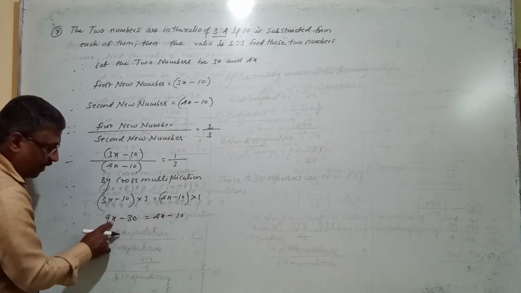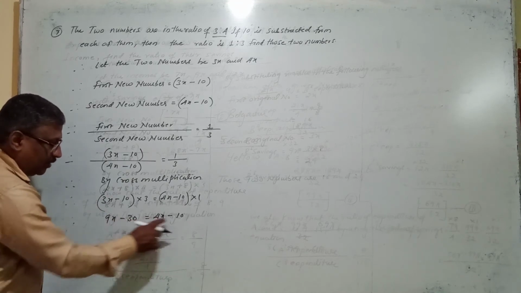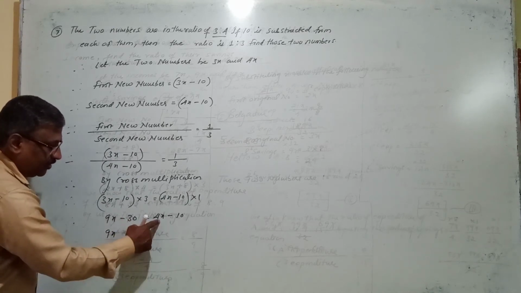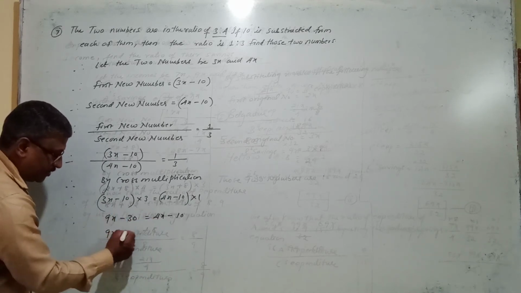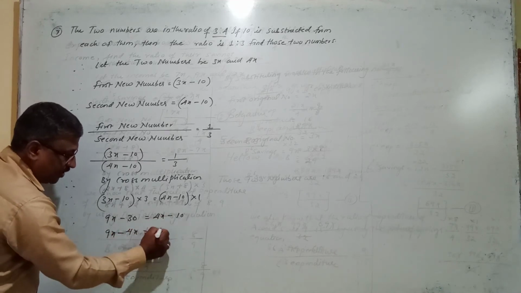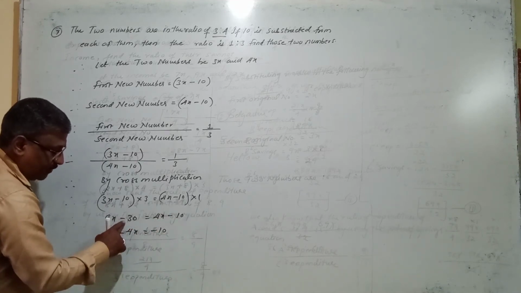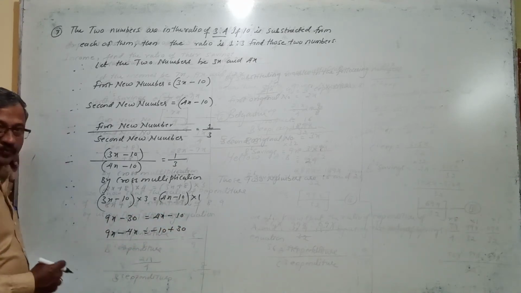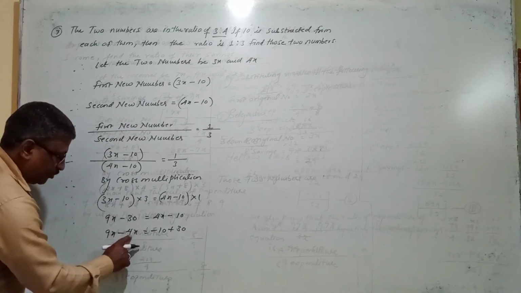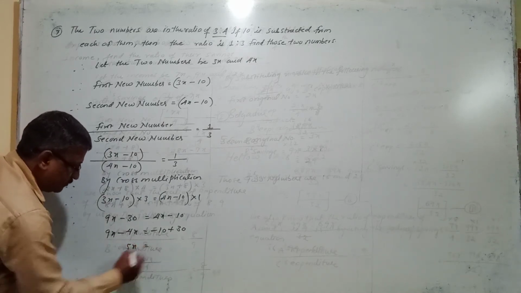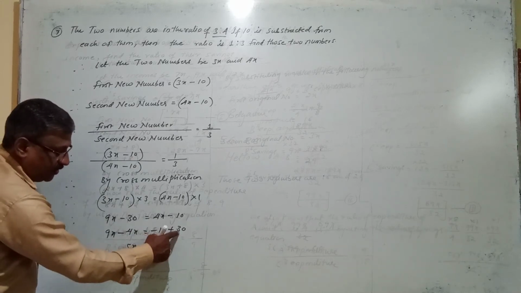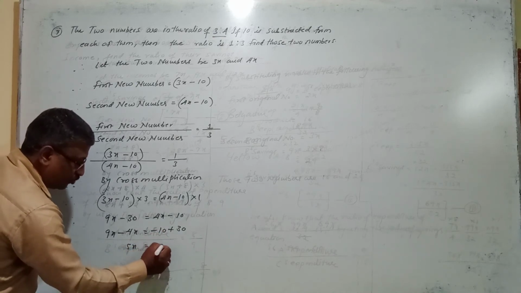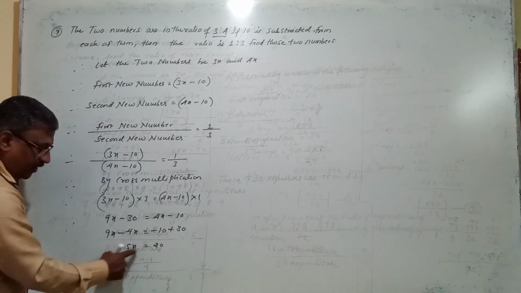So for that, bring all x on one side and keep these values on the other side. Keep this 9x here only, bring this 4x to this side. So this plus becomes minus 4x, equal to this minus 10 you keep here only, and transfer this minus 30 to that side. So this minus 30 becomes plus 30. Now solve this. From 9x minus 4x you get 5x, equal to minus 10 plus 30, which is plus 20. So the equation is 5x equals 20.